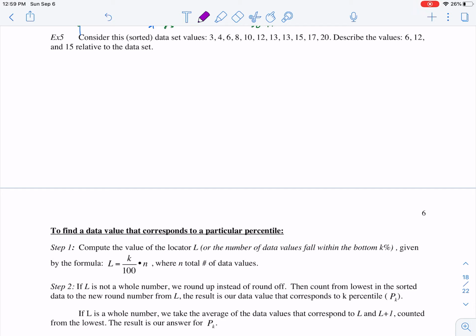What percentile am I in, right? So that's one way of using percentile: given a score, convert that to the corresponding percentile that compares to the rest of the data set. Or